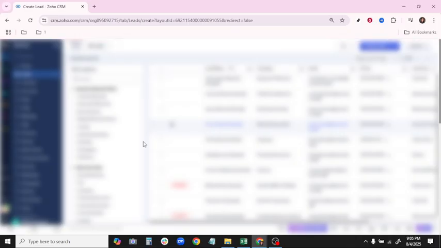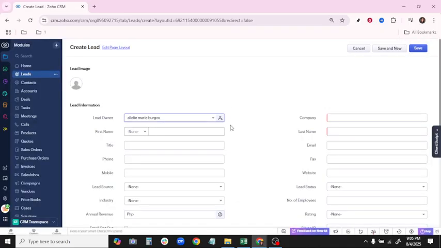Now let's go into more detail on what you need to fill out. Begin by entering all relevant lead information. This will include essentials such as the lead's name, company, email, and any other details pertinent to making initial contact or qualifying the lead. It's helpful to be thorough here to ensure all team members accessing the CRM have the